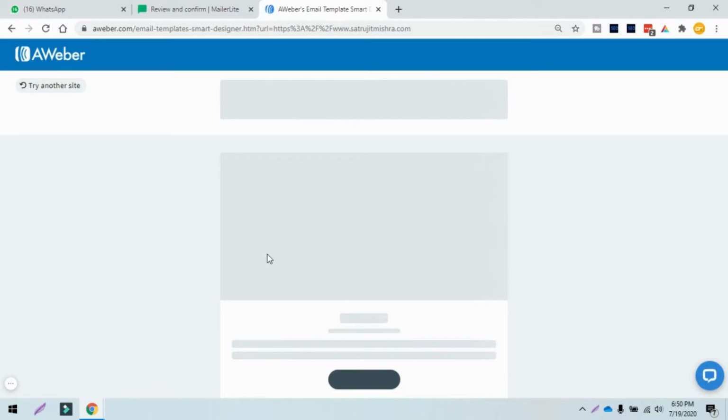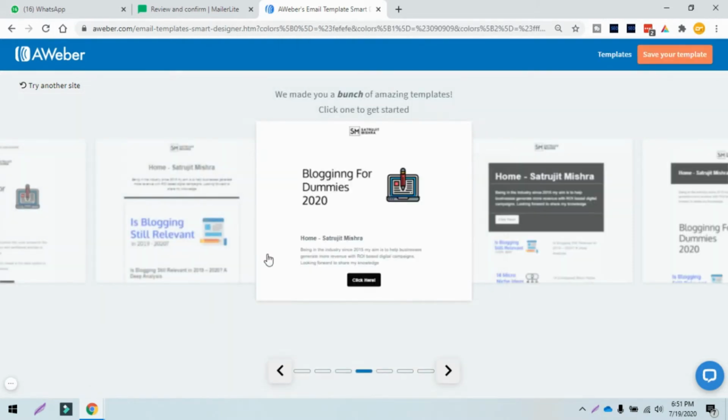What Aweber will do is take all the information and branding that is available on your website and give you a smart designer tool that will automatically generate email templates for your campaigns. So if you don't have a lot of time to invest, you can simply come here and put your website link. Then it will show you amazing templates that you can work with.